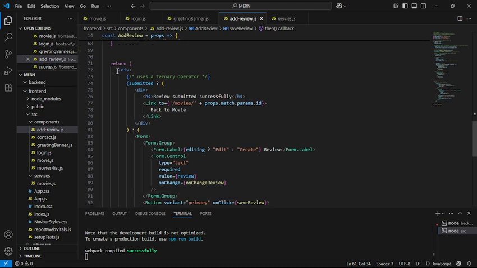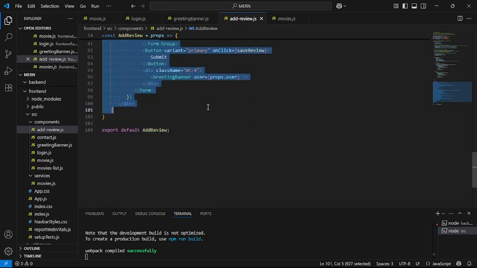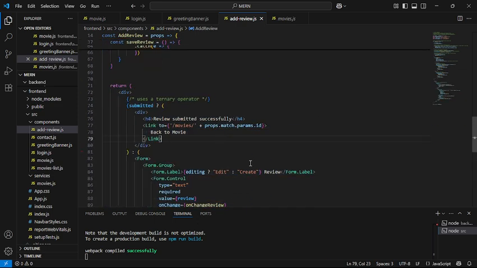Then we have basically the form that we interact with in our front end. So here we have our conditional, right? It's basically saying if submitted, if the review is submitted, then it'll show this div here in the front end. So it'll show this heading, review submitted successful, and it will show this link or this button, which is saying